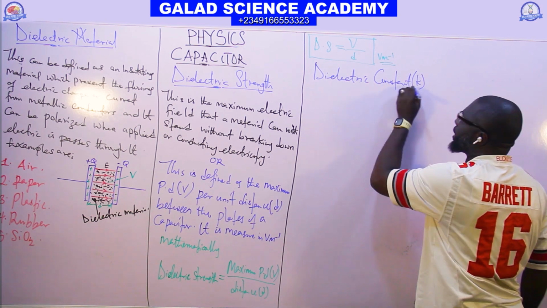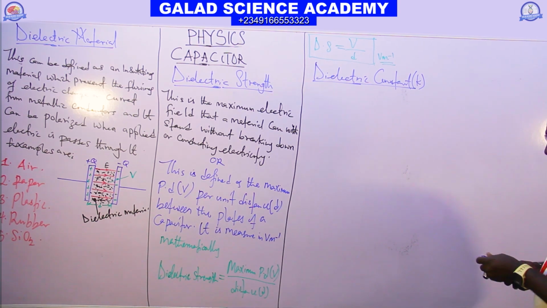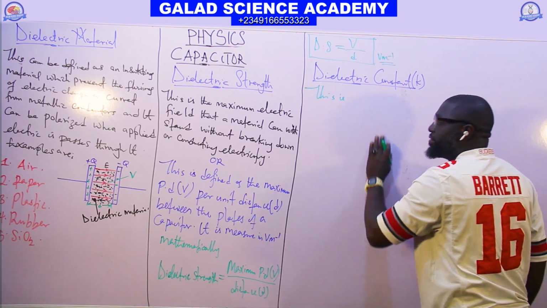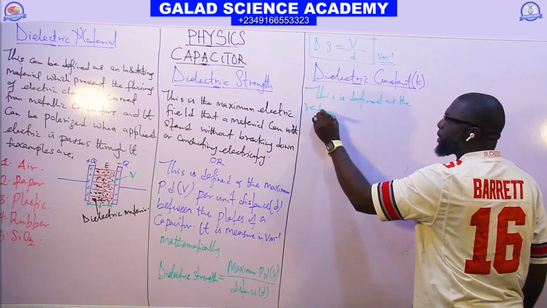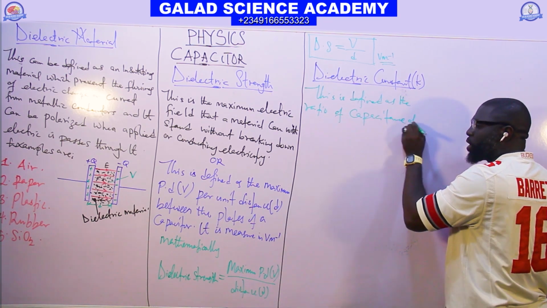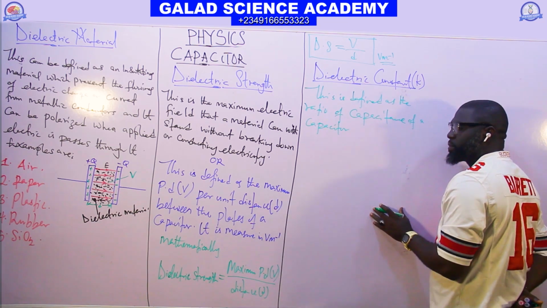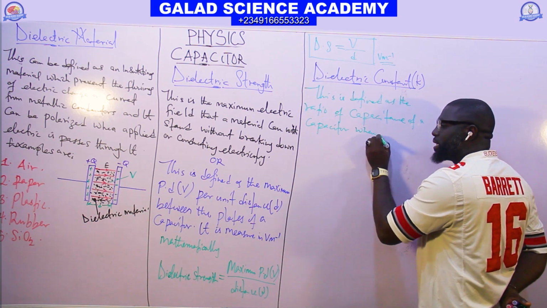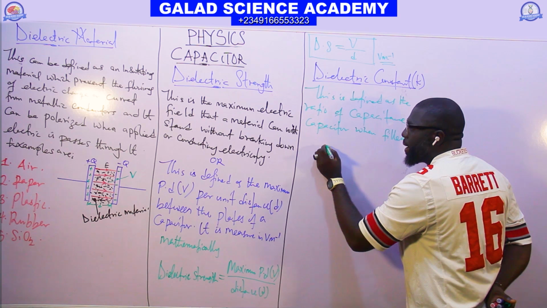The symbol is K. So the dielectric constant is defined as the ratio of the capacitance of a capacitor when filled with a material,